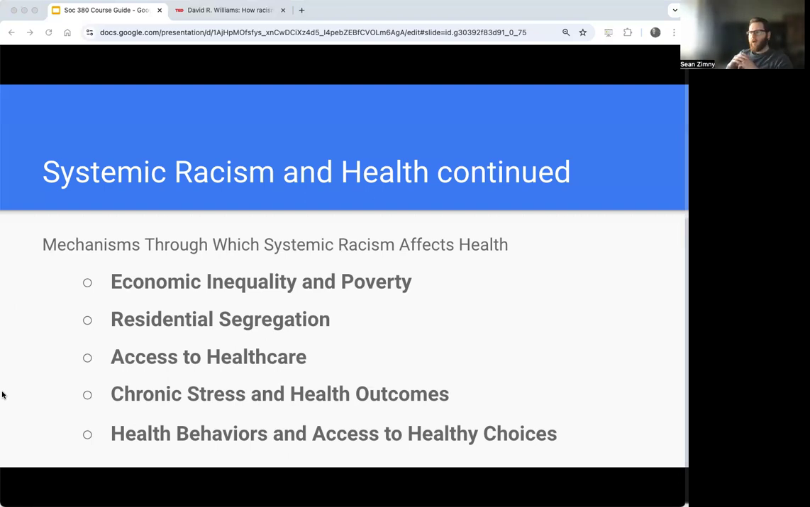So chronic exposure to stressors associated with systemic racism, such as workplace discrimination, microaggressions, and social exclusion, can lead to what is known as the allostatic load, or the wear and tear on the body over time. This cumulative stress has been linked to increased risk for cardiovascular disease, mental health disorders, and other